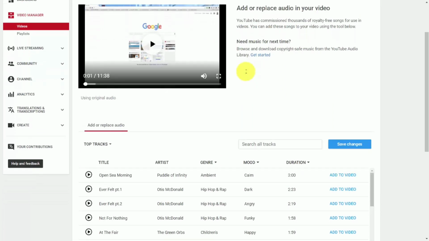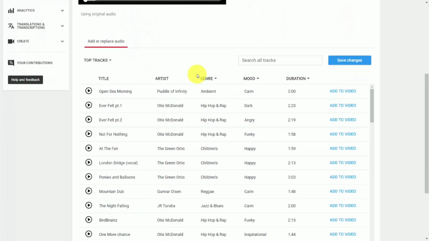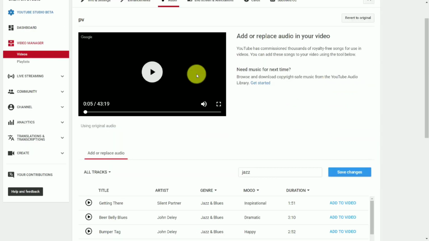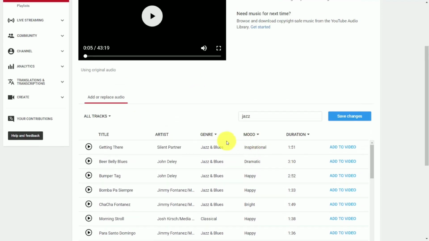Now, you're not going to be able to add anything from your personal computer to your existing video, but you will be able to add music that is already available on YouTube as either background music or to replace certain audio. For example, we can choose some kind of audio. If you want to search for a particular genre of music, you can do that by writing the genre in this area,